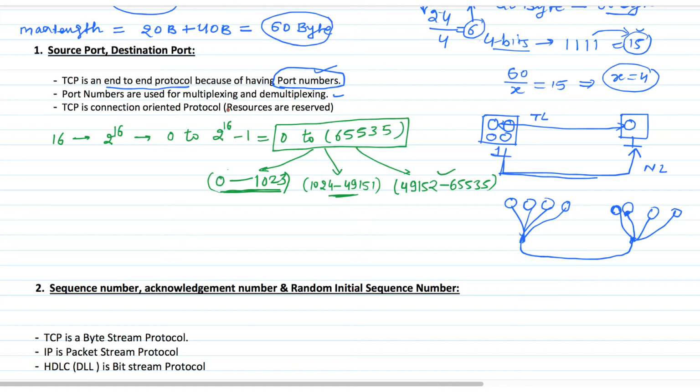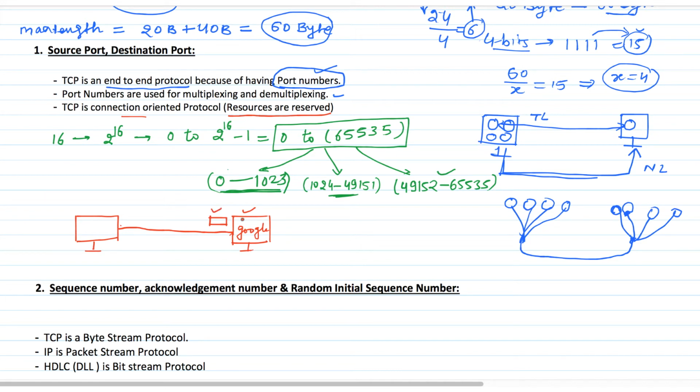Next, TCP is connection oriented protocol. Connection oriented protocol means resources are reserved. So suppose we have a system as a sender and it wants to communicate with some other system. Suppose this is Google server. Then connection oriented means first it has to establish a connection with this machine in order to exchange any data, and establishing connection means some resources will be reserved for this connection, means this system is going to reserve some resources or buffer space, and whatever data packets are coming through this connection, it is going to store the same